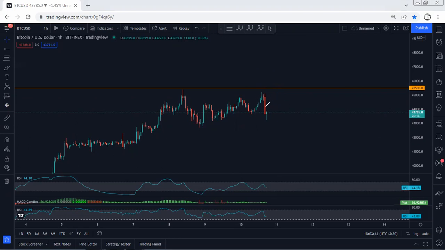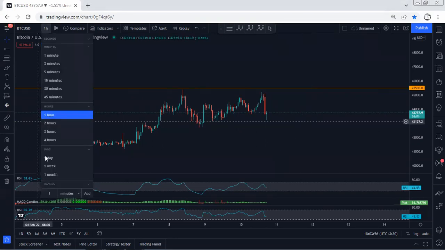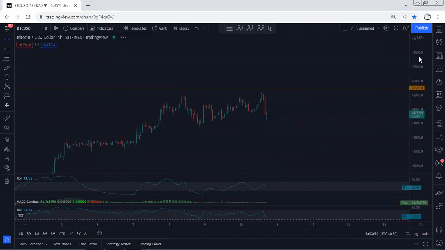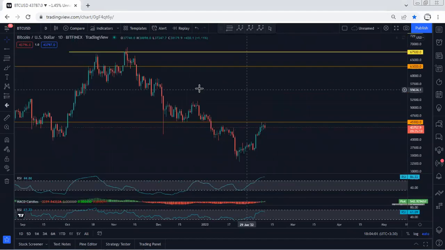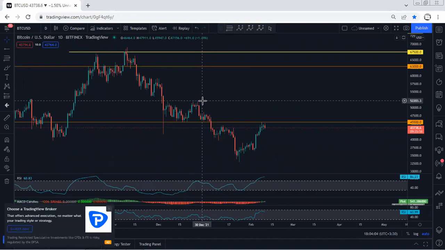That means at this point, we have to wait for the trade setup. For those traders who got the trade for buy within this range, mostly they got the trade for buy from here, move your stop loss to break even. At this point, we want to see whether the price can break 45,500. And with the breakout of the 45,500, if we move to the daily chart, the breakout of the previous top, which is somewhere around 52k, is quite important for us.